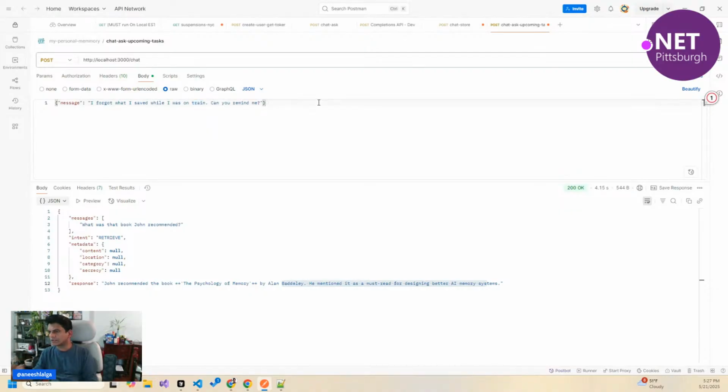So kernel memory has this concept of tags where you can categorize memory. You can use a tag to, for example, assign certain memory to certain things. If you ask, so user one versus user two, you can categorize memory of user one and user two, and they don't get overlapped. As long as you pass the tags, it will only pick up the memories of user one and return them to you. So now if I ask these type of questions,